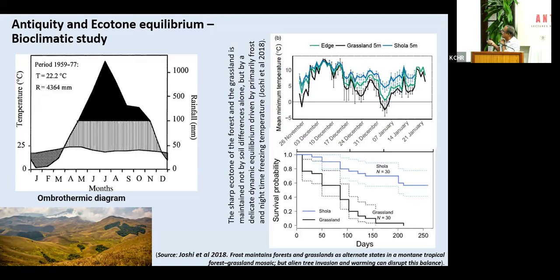And the ecotone also, there is a change in the temperature, which is around 40 degrees Celsius. So this freezing temperature and the frost. So there are two factors. Earlier we used to say the fire and the frost. It's not the fire and frost. There is no fire here. There is an internal fire which is bursting the cell, we could say, if you want to say fire. But this freezing temperature is actually the reason why the shola and the grassland are keeping the